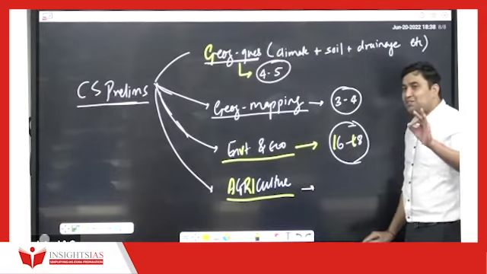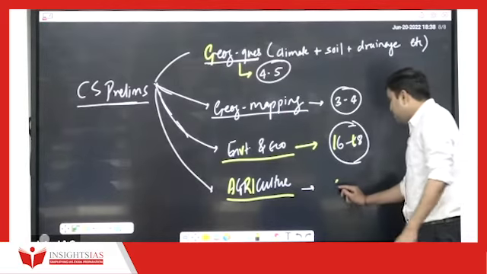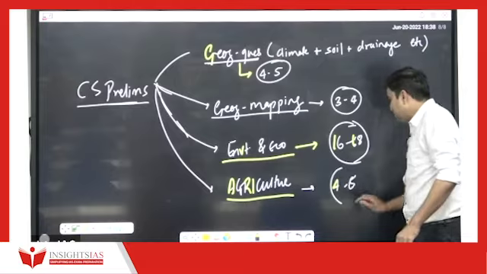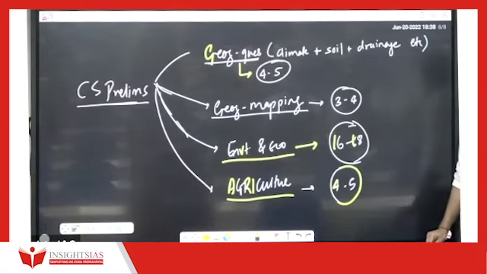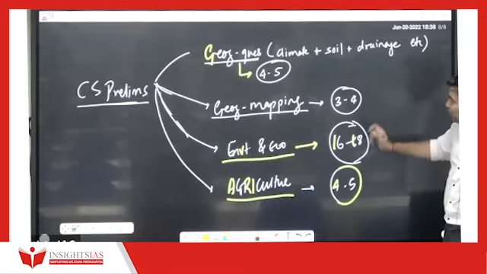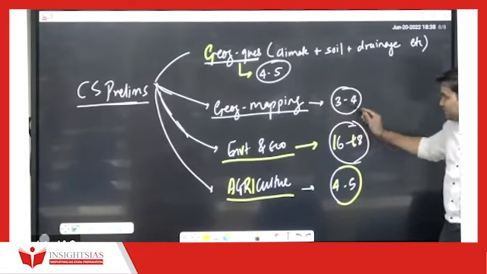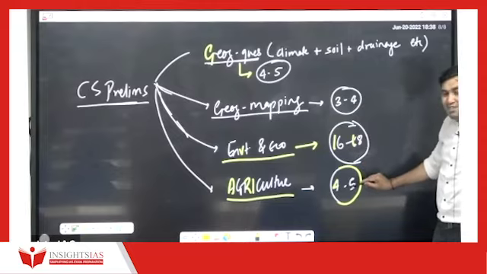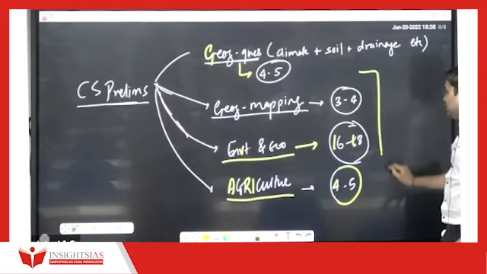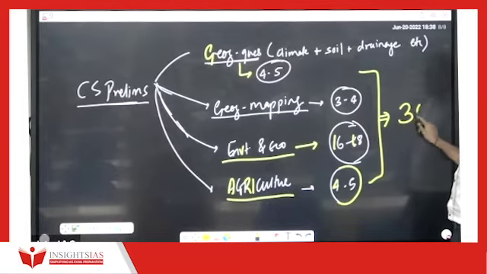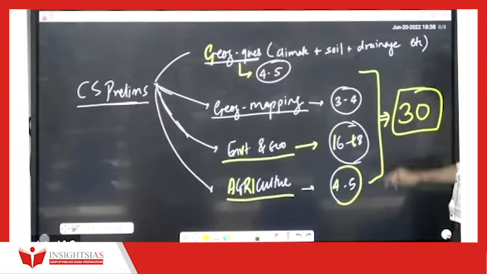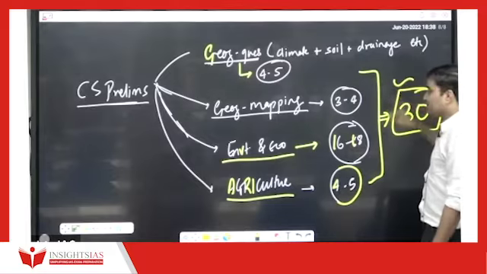Nowadays, at least 5 or 6 questions, 4 hi pakad lo. I'm telling you on the lesser side. Lesser side hi bol raha hu main. Sare cheez less side. Now, if you calculate these 5 plus these 3 plus these 16 to 18 plus these 4 to 5, essentially GS prelims mein from geography you get advantage of 30 to 35 questions approximately.